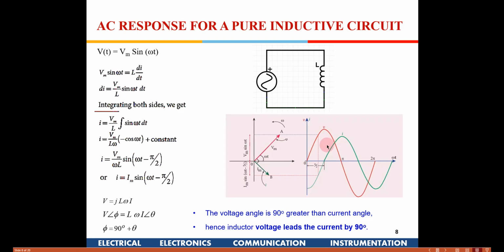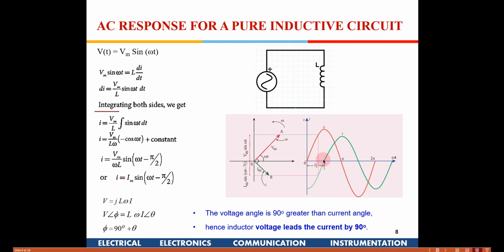Now if you see, this is the applied signal, and you will find the current is lagging by pi by 2. This is the time domain representation, and if I go to the vector domain representation, this is the applied voltage, so the current will be at 90 degrees, lagging. Like I explained in the previous class, lagging means it will be shifted towards the right, because it is going to come after a certain amount of time. So we call it lagging.